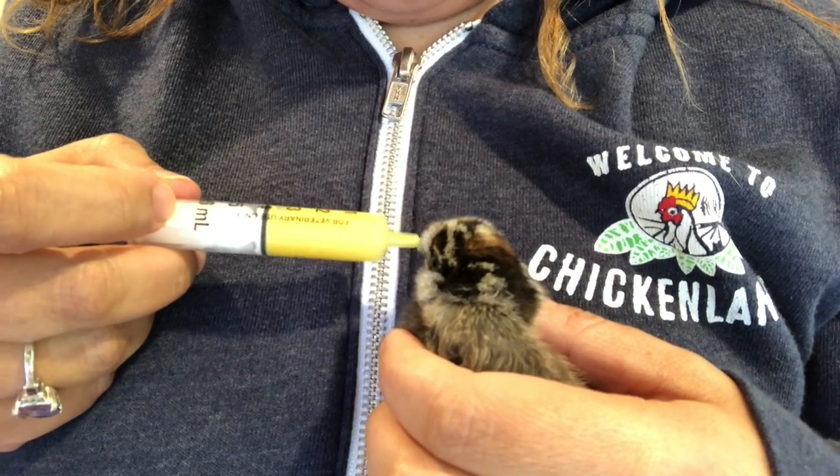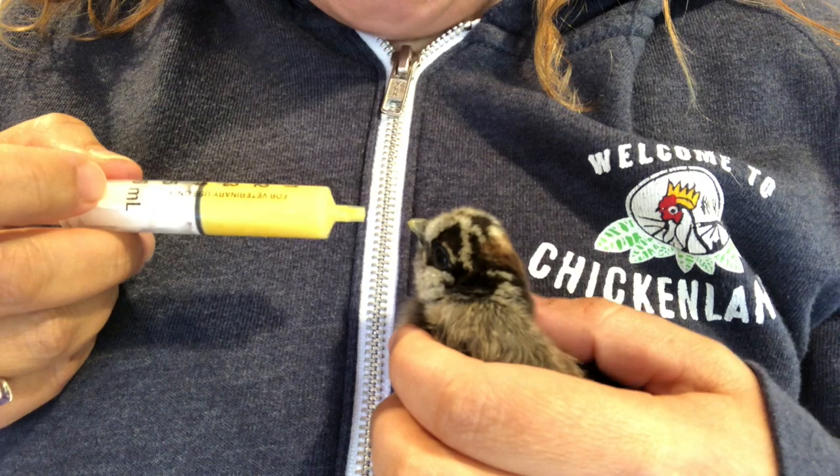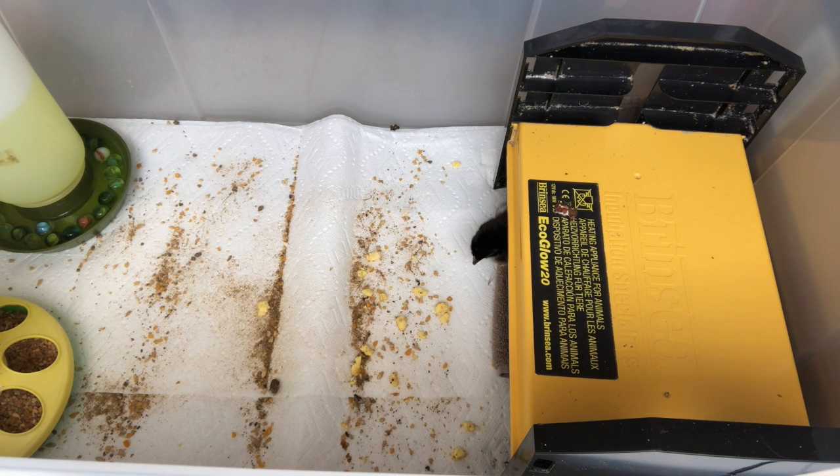So after you dose them once, keep an eye on them. If they don't perk up, if you don't notice any change, then this is not the right remedy. And you should notice a change in a situation like this pretty quickly. I would say probably in 30 minutes to an hour, you should notice something if this is the right remedy. If you don't notice anything, there's no improvement, there's no change, I would move to carbo vegetabilis,